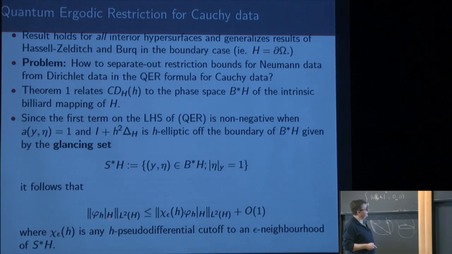So if you look at the L2 restrictions for H, this is true in complete generality, by the way. It's nothing to do with quantum ergodicity. I'll say that in a minute. The L2 restriction is controlled by the tangential L2 restriction. Chi epsilon just denotes a certain pseudodifferential cutoff to tangential directions, right? So the key to estimating upper bounds for L2 restrictions is the tangential mass. Everything else is O of 1.